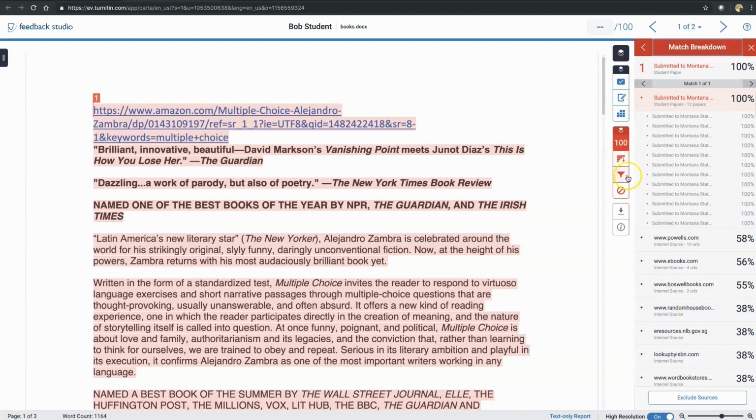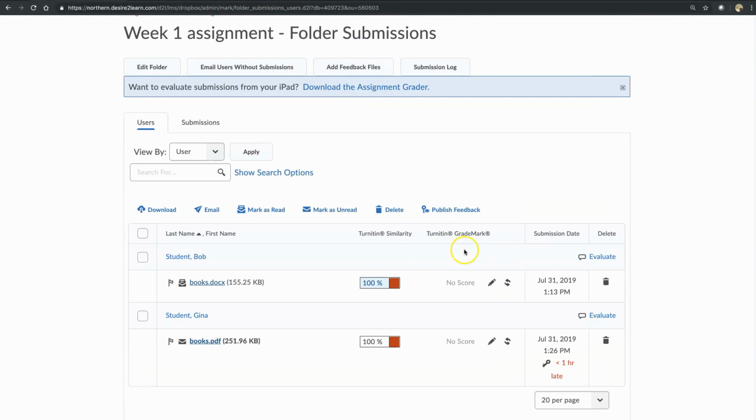Okay, there are a few more features here that if you want to explore, you're more welcome to, but I will probably cover Turnitin in greater depth later on. Okay, so for right now we're going to go back to Brightspace, and this all right here has to do with the Turnitin. Now I want to evaluate all my assignments within Brightspace, so to do that I'm going to click on the actual assignment,